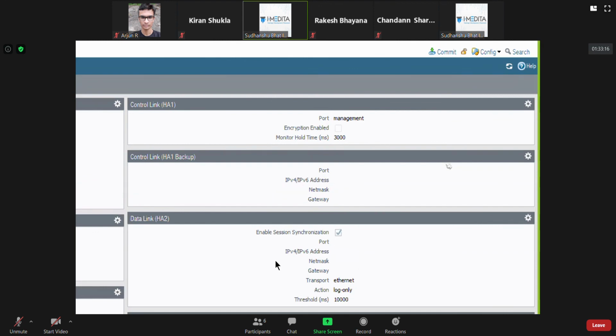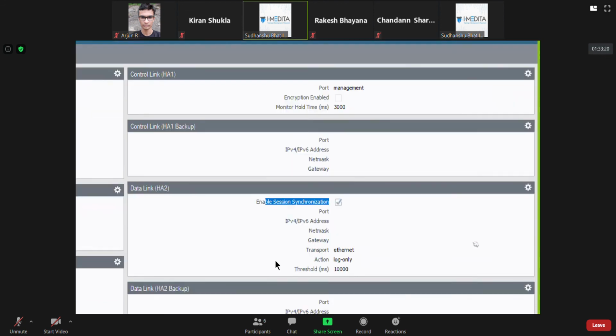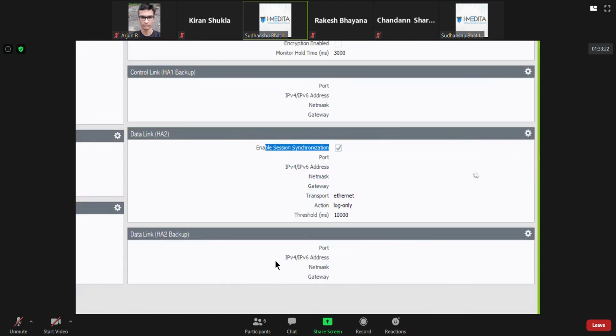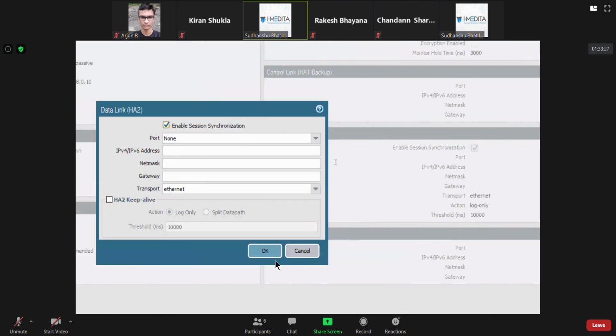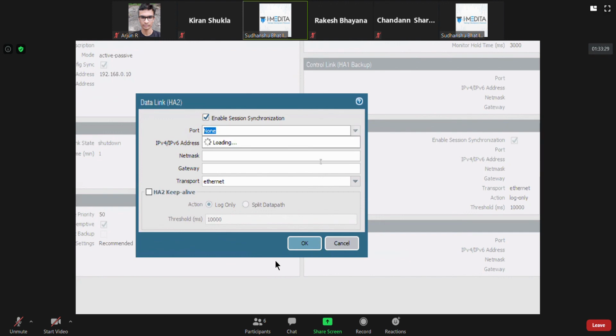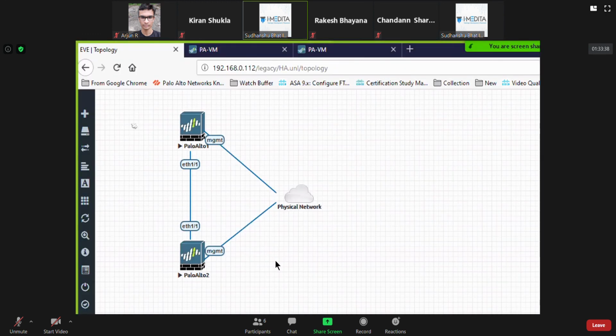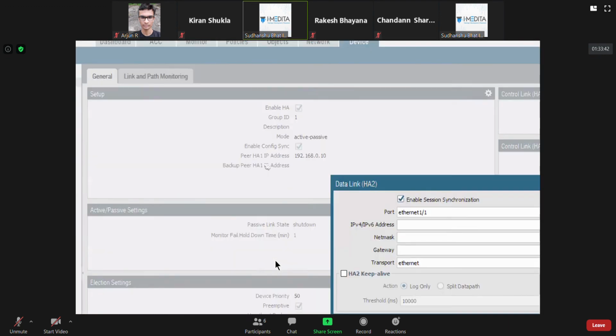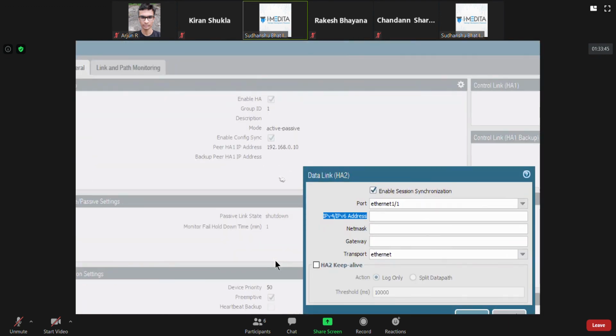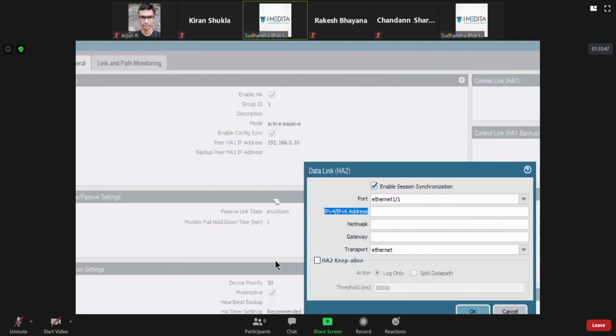And this is where you decide whether you want to enable synchronization of sessions. That happens automatically. I'll click on this gear icon now to mention the interface for HA2, that is Ethernet 1/1. If you have these two very far away and have routing in between, then you can mention the IP address you need on this end, mask and gateway and everything.